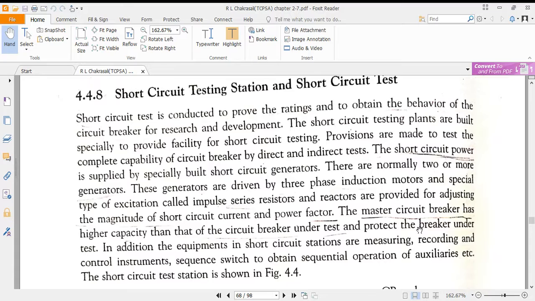Okay, that is basically the arrangement of how this short circuit station is. And what we can take as output from the short circuit testing station is the magnitude, the amplitude of the current. So whatever current you would like to take, you can just take it from the short circuit station, and the power factor also you can decide. Current at this particular power factor we can decide, and that is the output of the testing station, which can be utilized as an input for the circuit breaker to carry out this short circuit test.